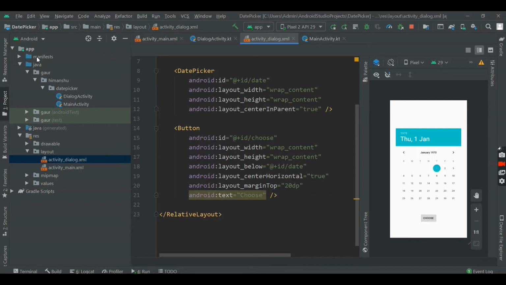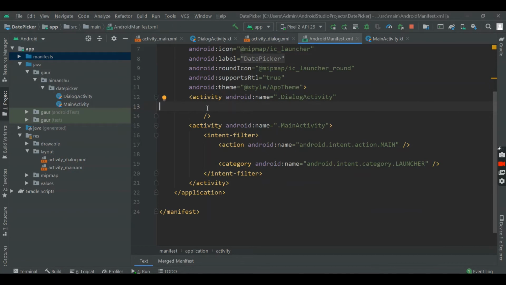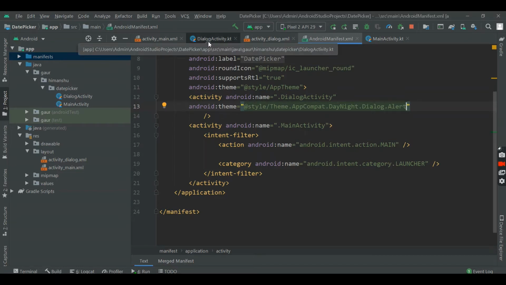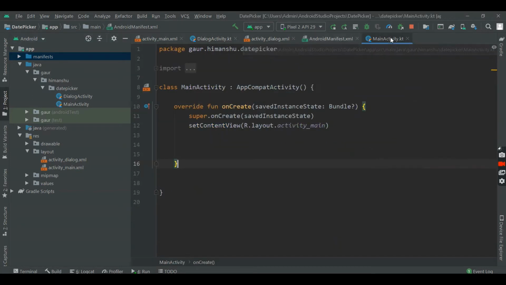Now I make this activity an alert. So go to the manifest file and here set the theme, this theme, Theme.AppCompat.DayNight.Dialog.Alert, so that your activity will look like a dialog alert. Now go to the main activity and here